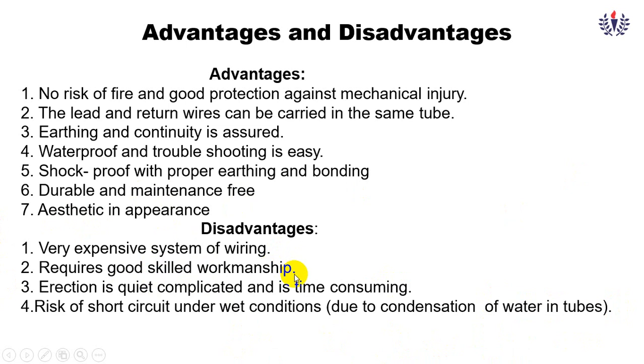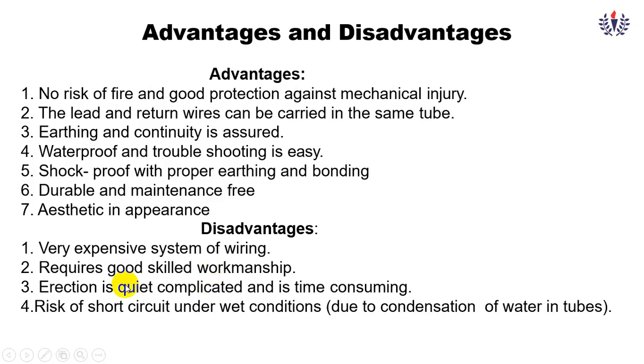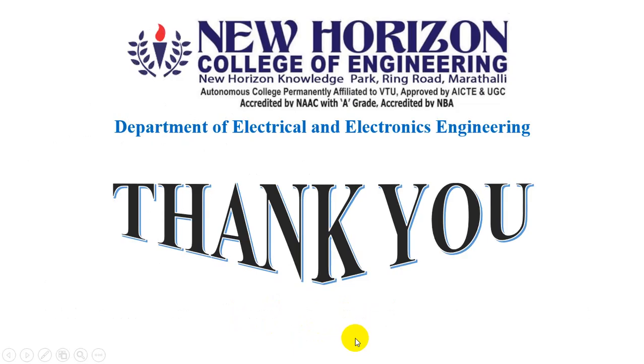We have to pull the wire once the conduit is laid in the concrete; later you have to pull it from here to here. That is a skillful task. It requires a trained person. For that we go for people who have done an apprenticeship, maybe license holders. Erection is quite complicated and time consuming also, as we discussed already. There is a risk of short circuit under wet conditions. Sometimes in the terrace, if there is water stagnation, there is a chance of short circuit. So this is about the service mains, types of wiring, and